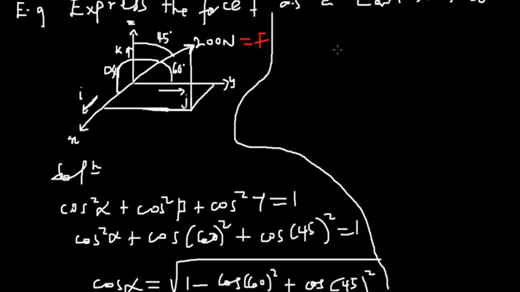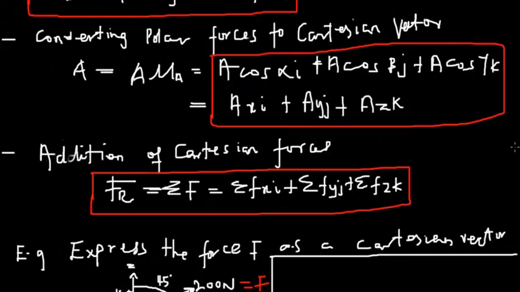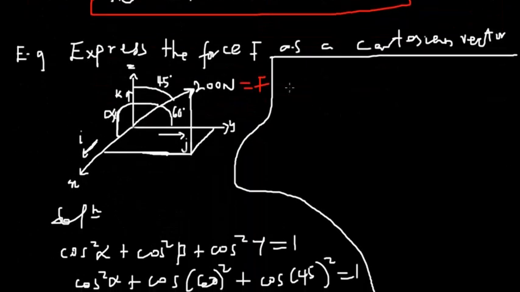Right, let's do that over here. So now we know our main force, and we know the respective angles: 45, 60, and 60. All we have to do is convert the polar form into a Cartesian vector. So the forces will be the same. So we have the main force,